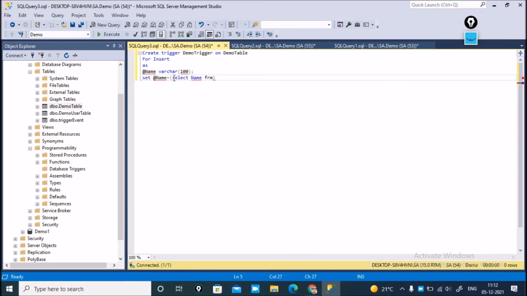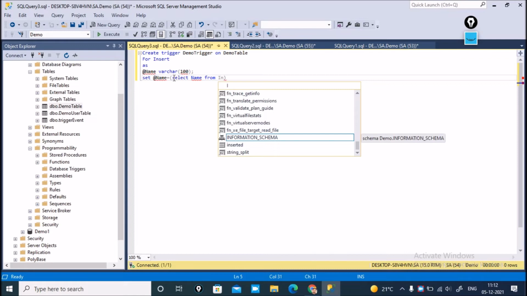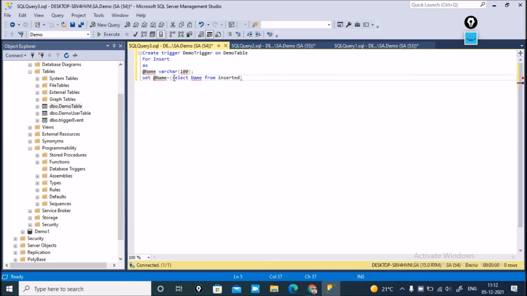Oh sorry, from inserted, right? The last data inserted is selected here, and after that